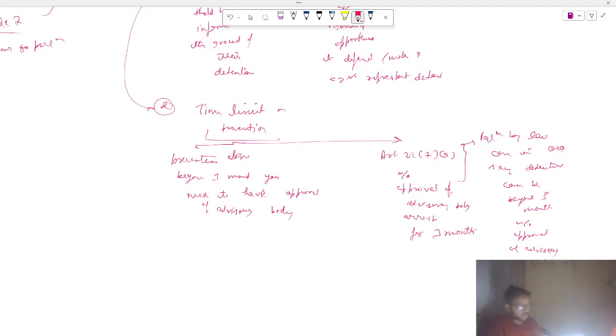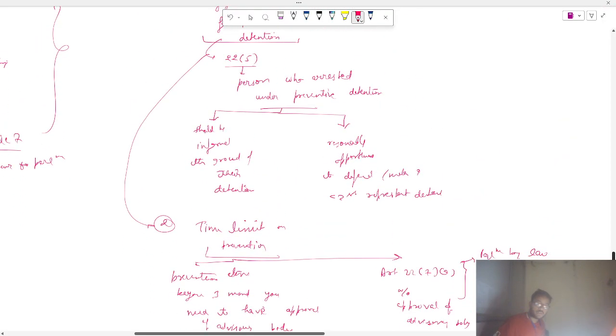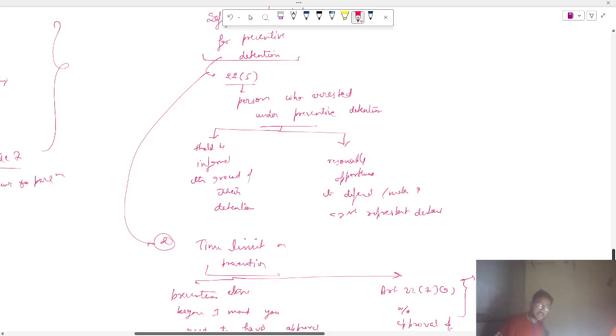Now, Article 22, Clause 6 says this. What is Article 22, Clause 6? It is an exception to this provision. What is the exception? Article 22, Clause 5 says that a person has the right to be informed of the ground on which the detention has happened. But Article 22, Clause 6 says that